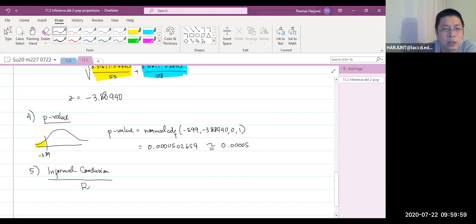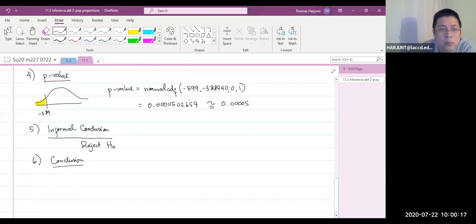Reject null hypothesis. And step 6, conclusion. They don't tell us, so I use 5%. 5% significance level. There is sufficient evidence